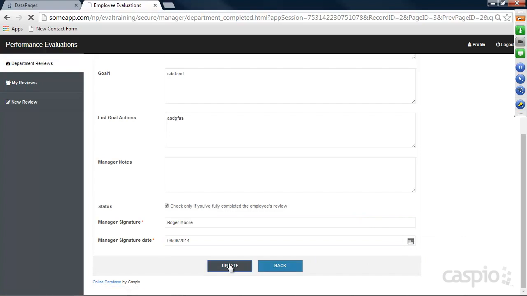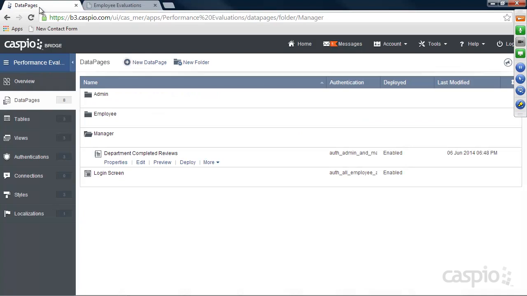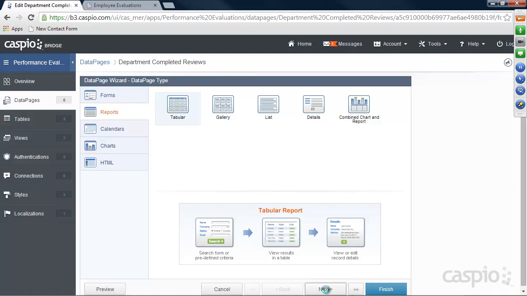Okay, so I forgot to actually filter this, because when I'm done with this, it's supposed to remove it from the department completed, and it's supposed to go to manager completed. Okay, so this also needs to be filtered based on that manager checkbox. Okay, so let's go to our data pages, and let's click on edit. And we will go to next, next, next, and right over here in the filtering fields, we want to include